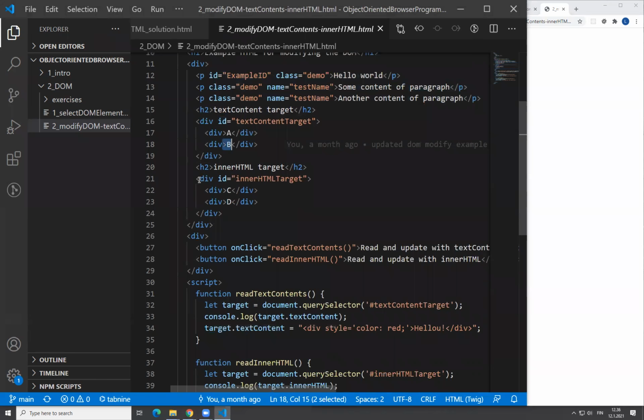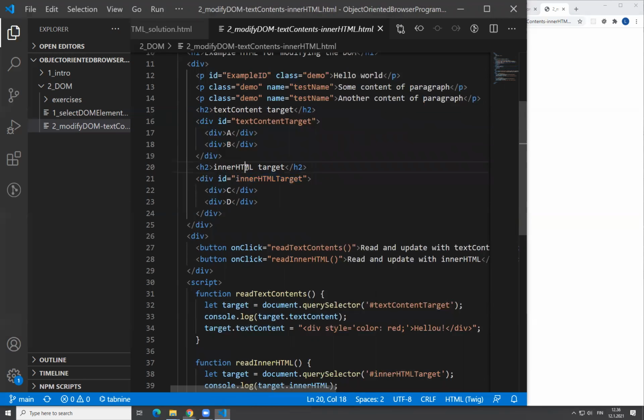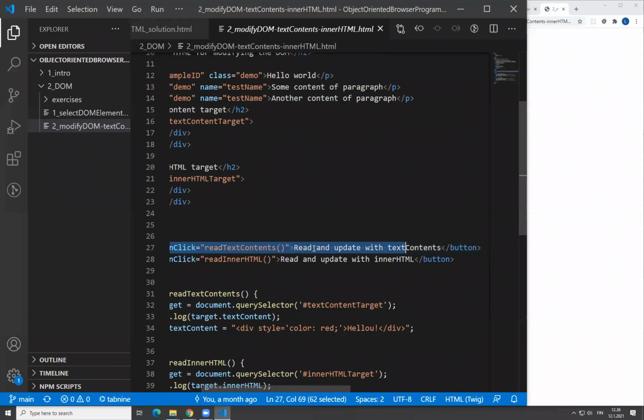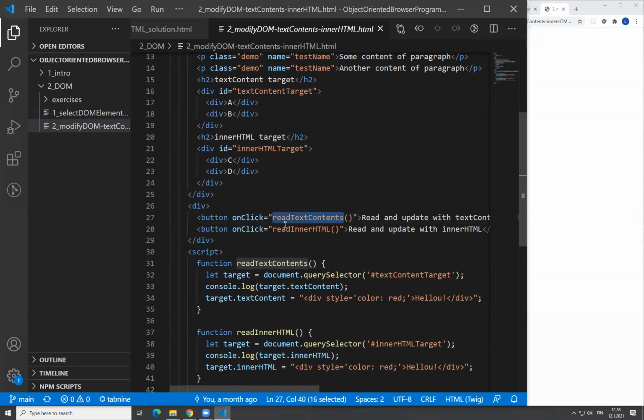And then the same thing for the inner HTML target, the same logical structure. The only difference is that the ID is inner HTML target. Then we have the two buttons. These buttons are normal HTML buttons. The new thing here is the usage of this on-click attribute, which works so that when you write it like this in HTML, it sets this function to be called and executed when there is a click event on this button. So read text contents